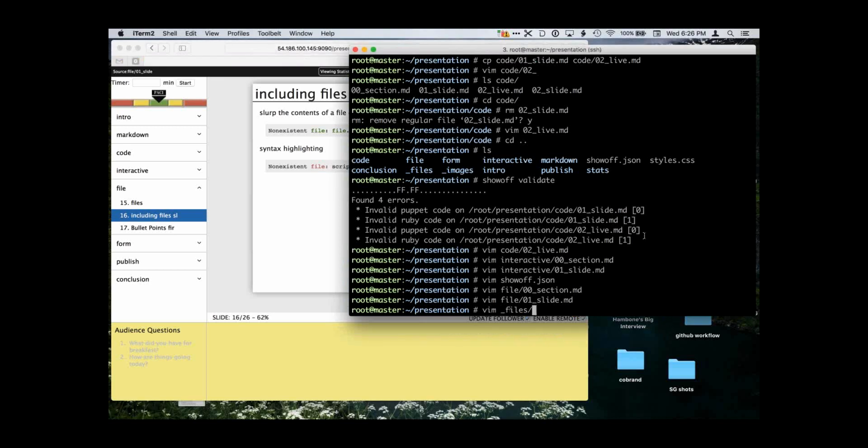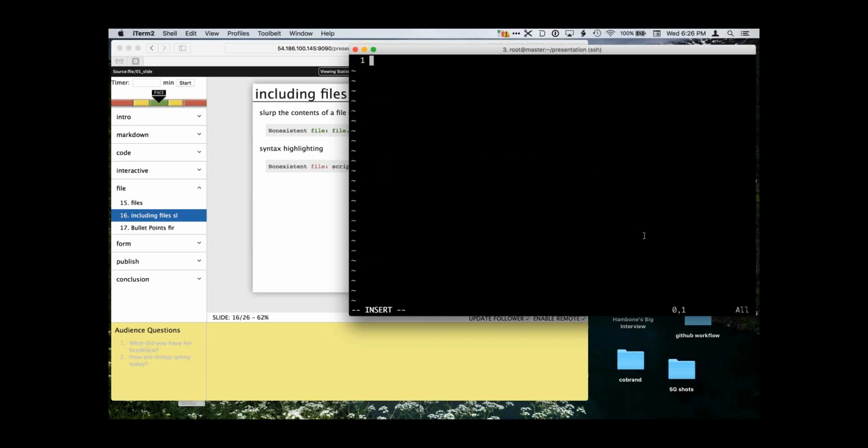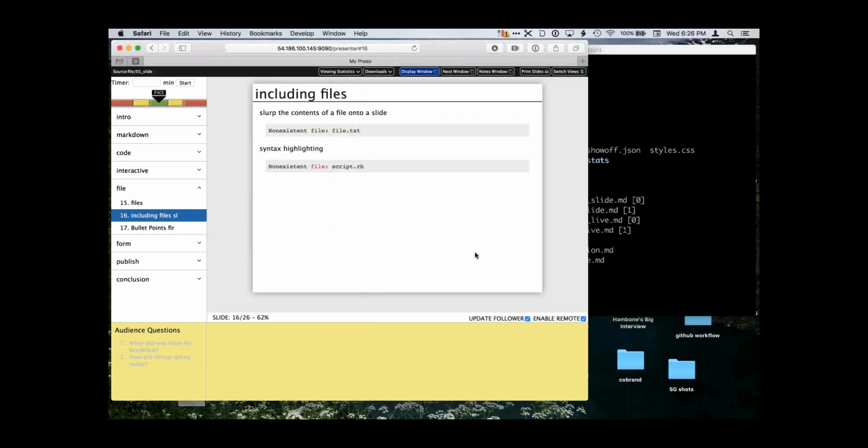So underscore files, file.txt. This is a very non-interesting file. And now it drops it in there.